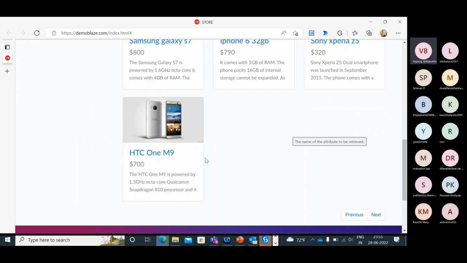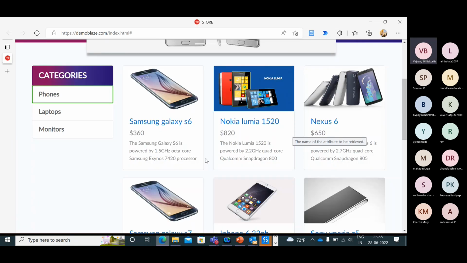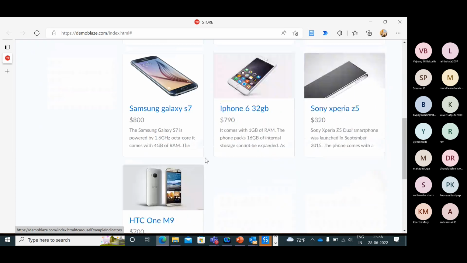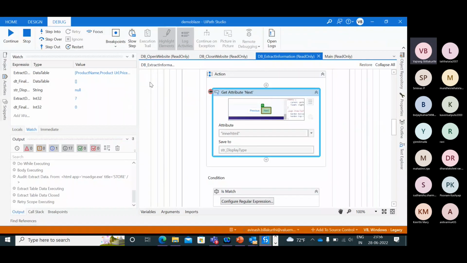Any other ideas for people who have already tried this one? Clicking on phones. So coming to this inner text, step into.